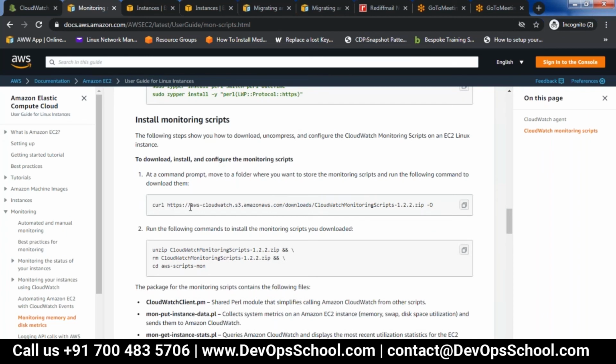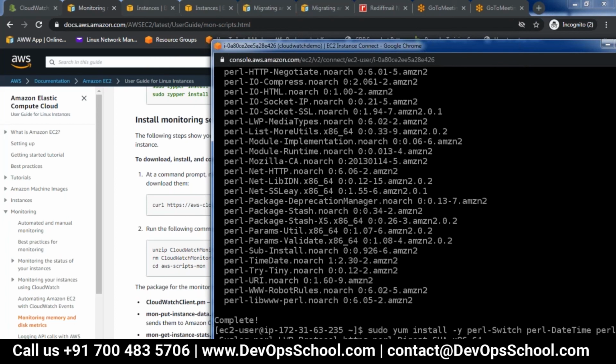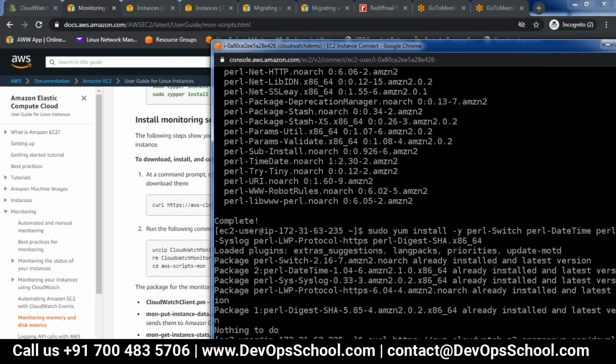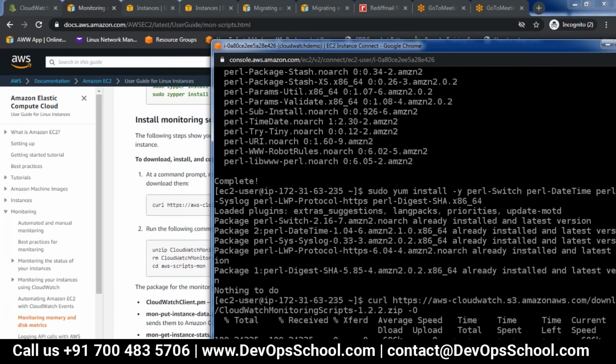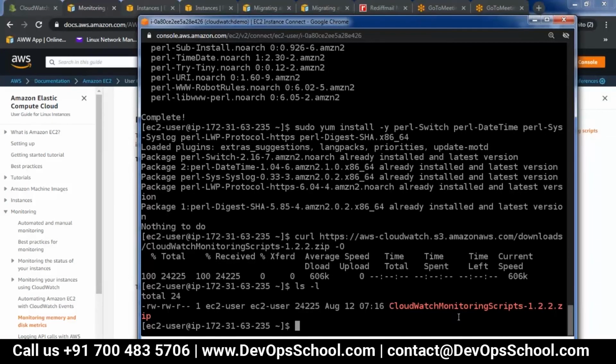I will download this. The command is curl. I will copy this and paste it. Oh, this is done, sorry. Now I see there is a .zip file which got downloaded. I will unzip it.